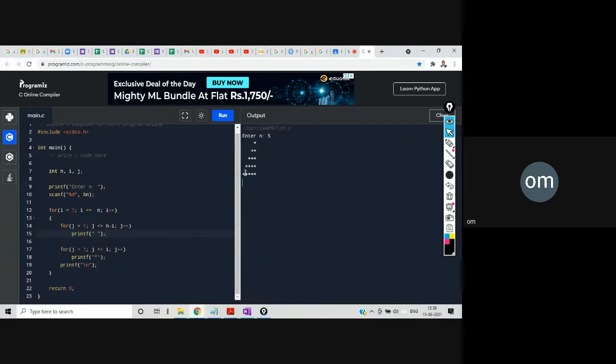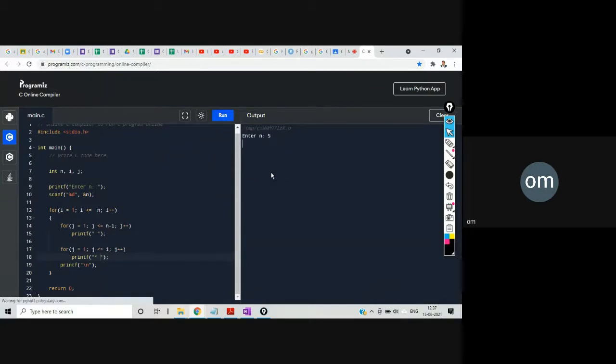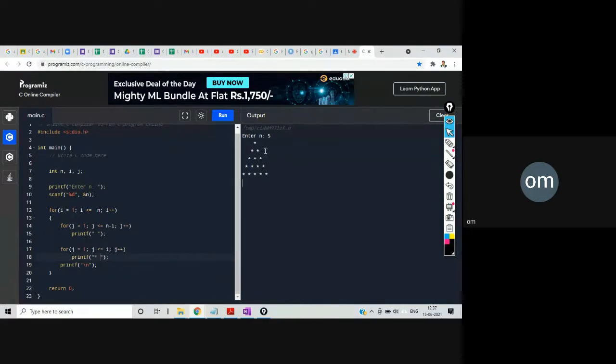If I want to print the complete triangle from this particular third type, only one thing is supposed to be done, that is what? You just give one space in this printf, the second printf which is there for this particular j loop. You just put one space and run this program. So I put one space, I'm running this program. Now look at this particular triangle, it's coming full straight triangle, right, from the third type. So from the third type, if we try to print with one space, we will get upper triangle, right? I mean the straight triangle, full triangle. And with the fourth type, if we just put one space, we will get the inverse full triangle. Okay, that is the idea.